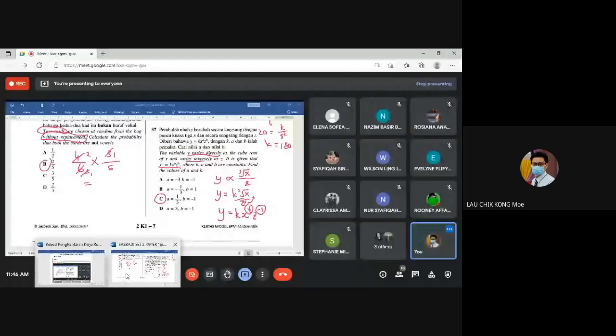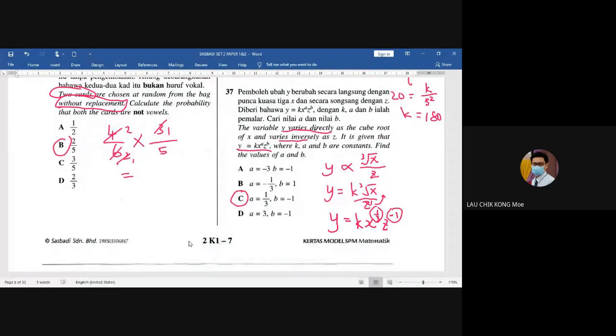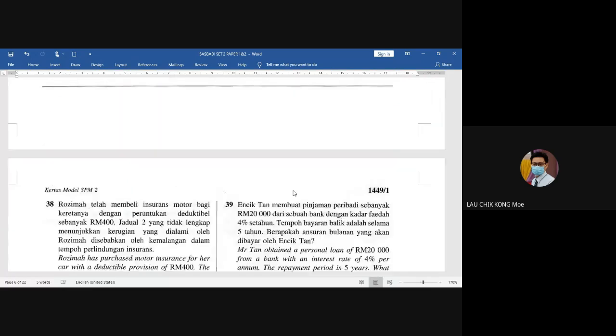We continue. This is 37, C. So I didn't know no problems for the answer. I see that the Saspati is quite okay. No answer is incorrect. Sebab kadang-kadang ada banyak kertas model dia punya penerbit many mistake. But Saspati is quite okay. So far, set 1 also no problem, right? Okay. Kecuali set 2 ada satu soalan tentang panjang lebar itu. Tapi itu dia plus or negatif lah, itu negatif yang silap. Okay, 38.